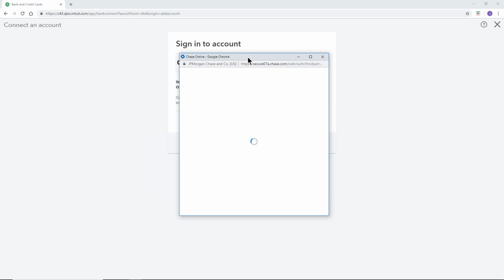That's all you're doing. Nobody at Intuit is going to see your login information. Your login information isn't stored anywhere. Nobody can look at your QuickBooks and see your bank account numbers or anything like that. It's really just setting up a permission between your bank and QuickBooks to receive and send those transactions. This isn't loading for some reason, not sure why, but basically you just see fields in here to log into